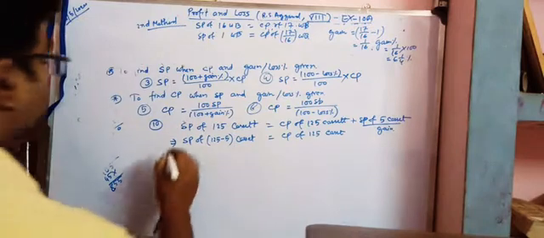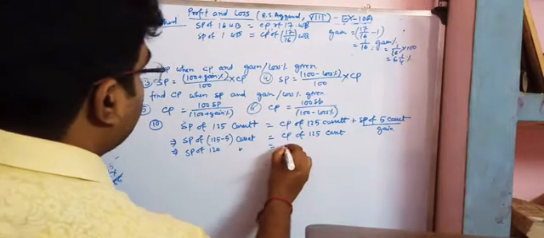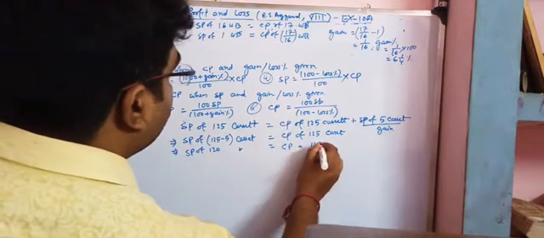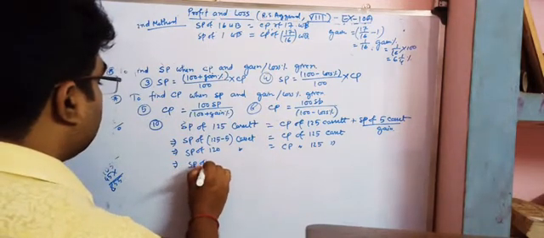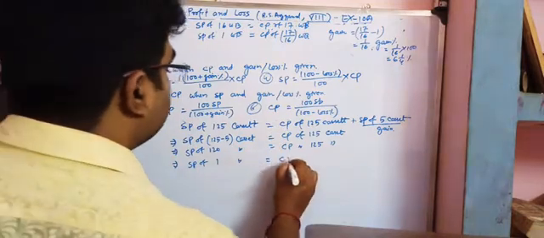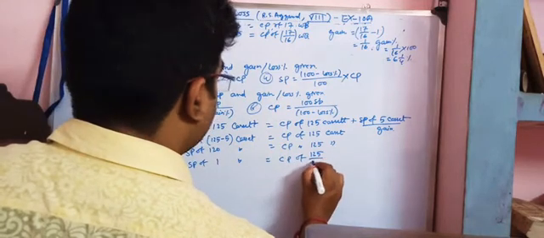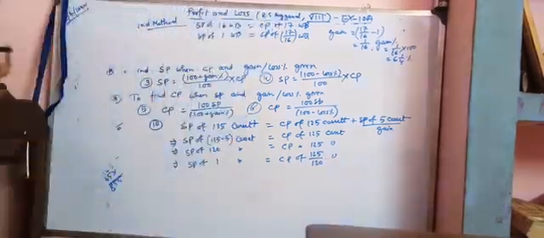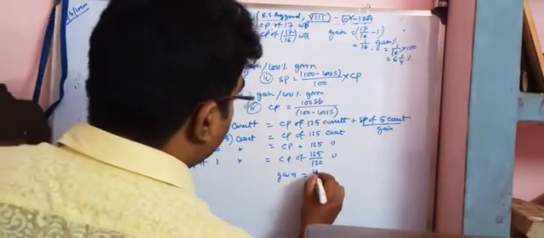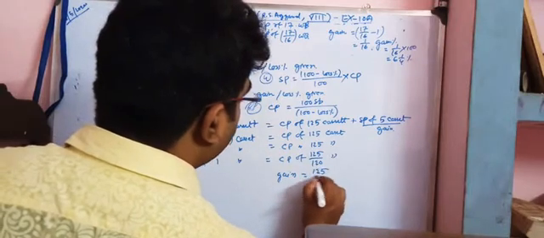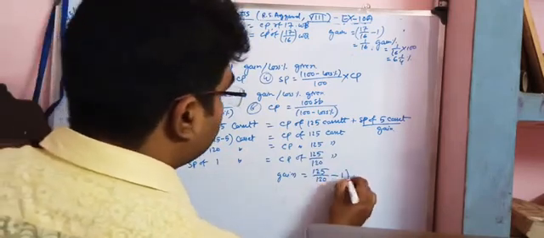Okay. That means SP of 120 cassettes is equal to CP of 125 cassettes. Now again we find, by the unitary method, SP of 1 cassette is equal to CP of 125 by 120 cassette. Okay. Now my gain is equal to 125 by 120 minus 1. So this is